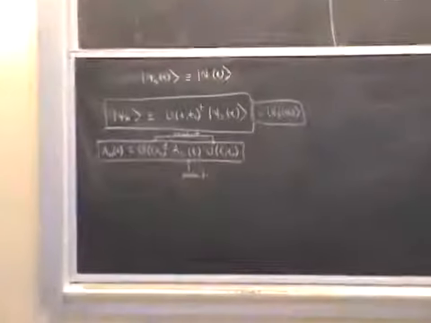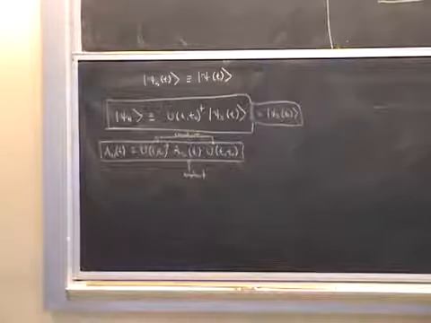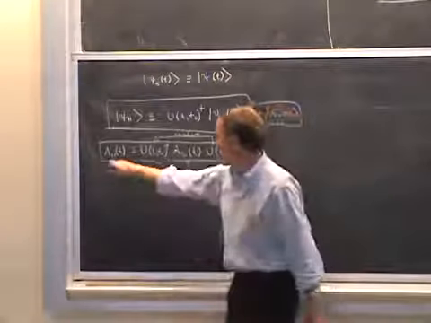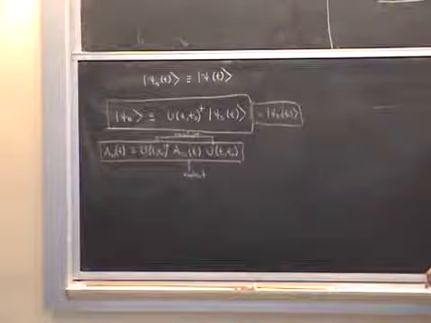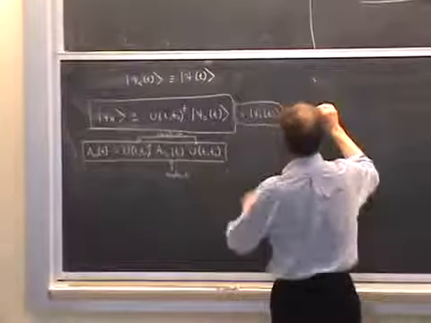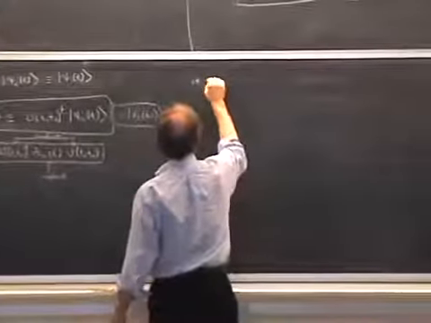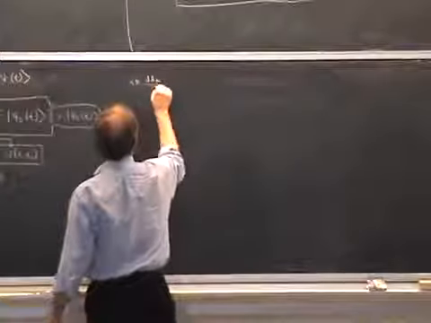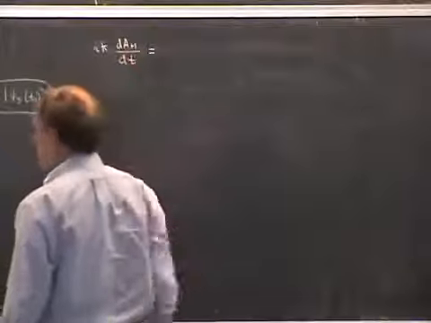But since the Kets don't evolve and the operators do, what we now need is an equation of evolution for the operators. These are the Heisenberg equations of motion. So let's work them out just using this definition. Let's compute i h bar times the derivative of the Heisenberg operator with respect to t. What is that equal to?